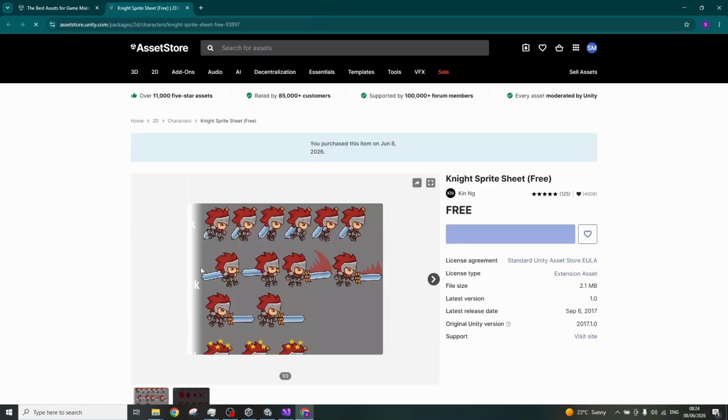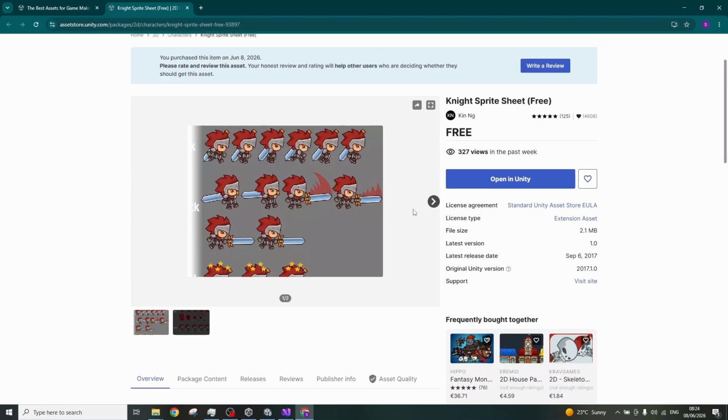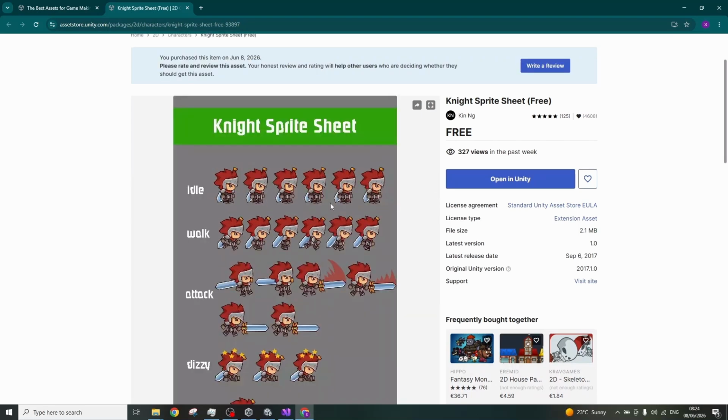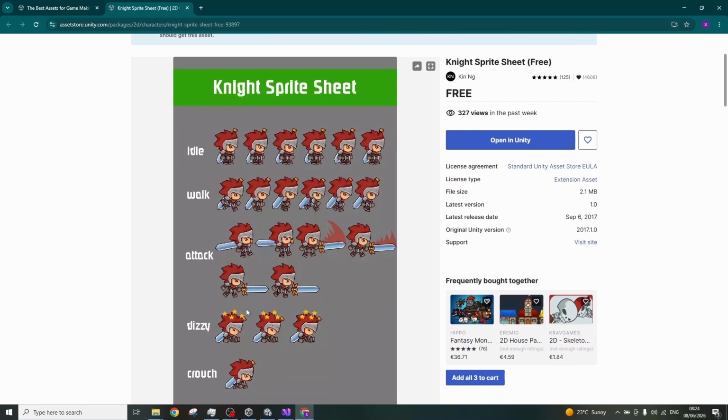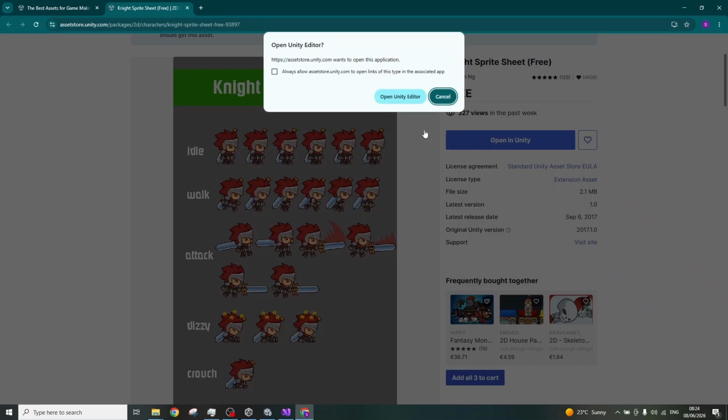As you can see, this asset is actually a set of different sprites. There is a number of sprites for each move, which we can use in our project to create animations. On the right side, you can see the button Open in Unity. That's because I already added this asset to my project. You should see the button Add to your project. It doesn't make any difference, just click on that button